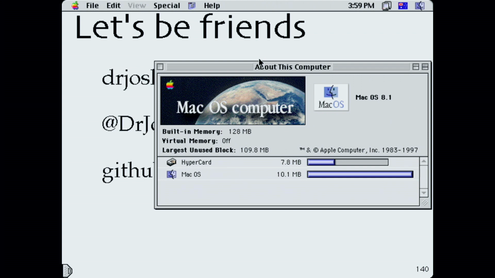By the way, if you just want to fiddle around with old software, just use an emulator. Emulators largely are much better than the original hardware. For instance, this thing booted up in under a second. If I was booting a real thing, it would probably be sitting there for a couple of minutes.